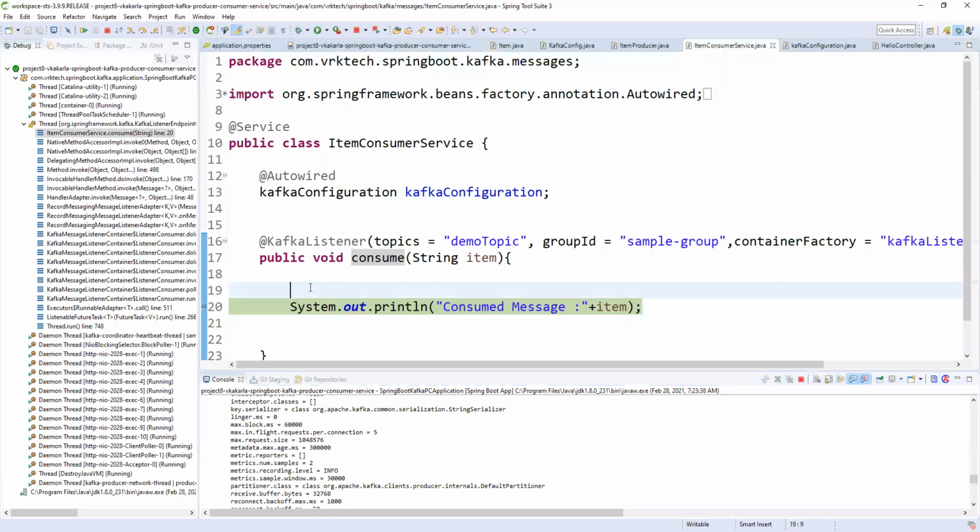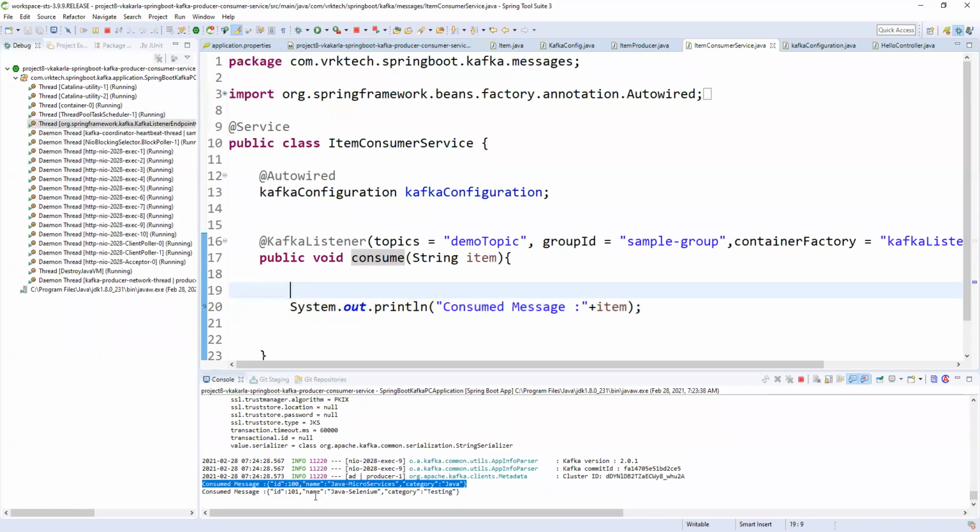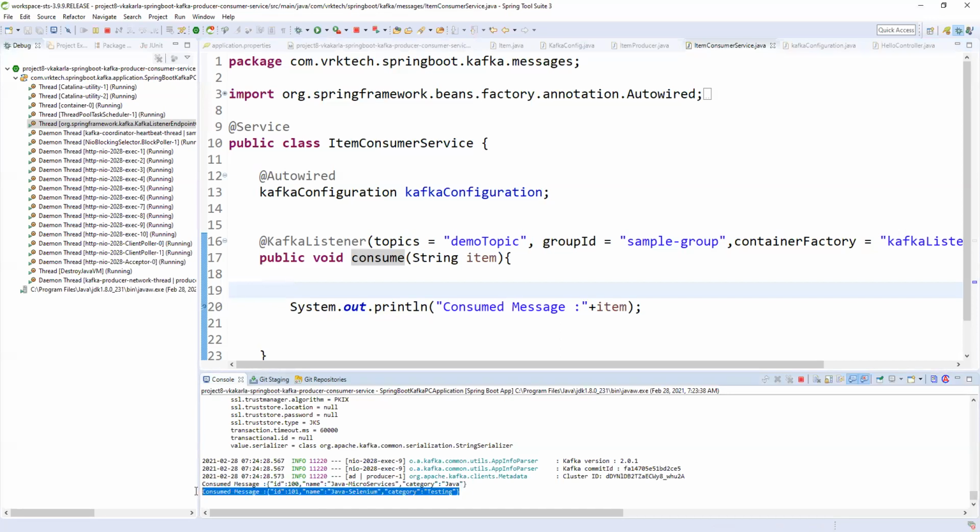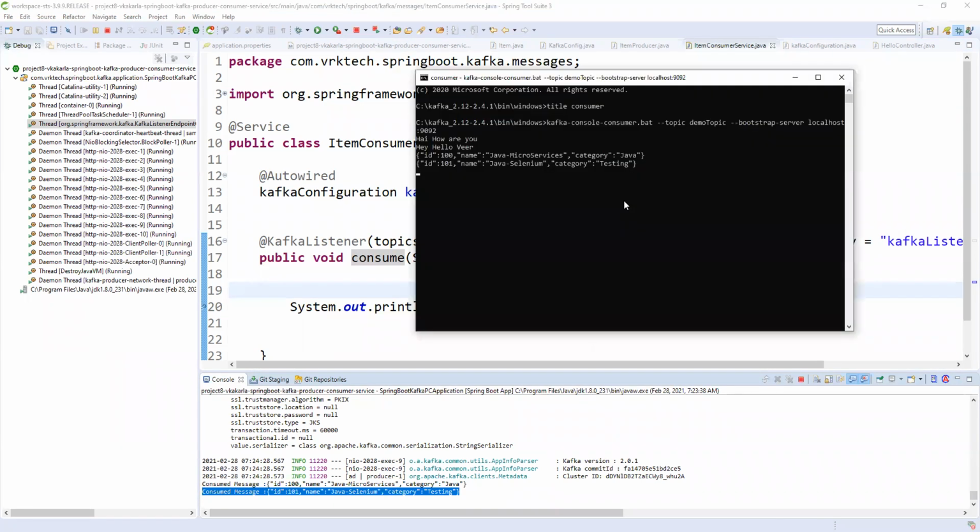So from here you can process the data wherever you want. If you want to process this data in the database, you can save the data. If you want to process the data with an external service, whether it is devices or any other kind of external service, you can call it from here, based on the consumer data. So now you see the second data is coming, after the first data, the second data. The same message you can see here also. So this is what Kafka producer and consumer do.